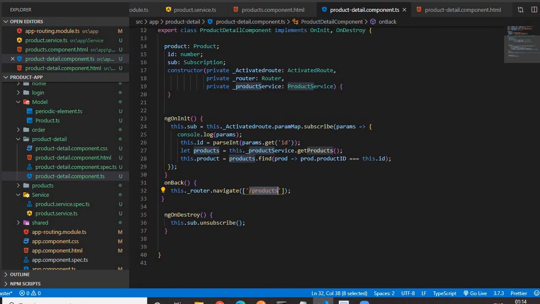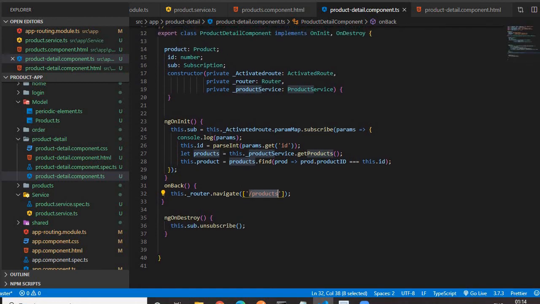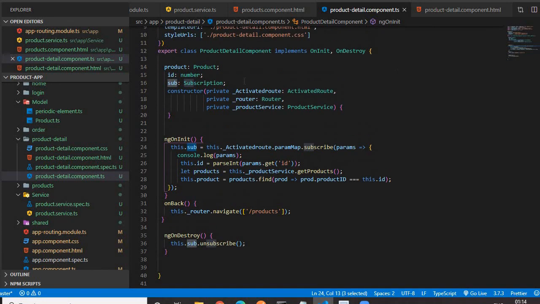One important thing is, here in ngOnInit, you have to subscribe to the observable to read the ID from the URL. Whatever you subscribe, you need to assign it to another variable. This variable will contain the observable that we subscribe. This variable sub is of type Subscription.